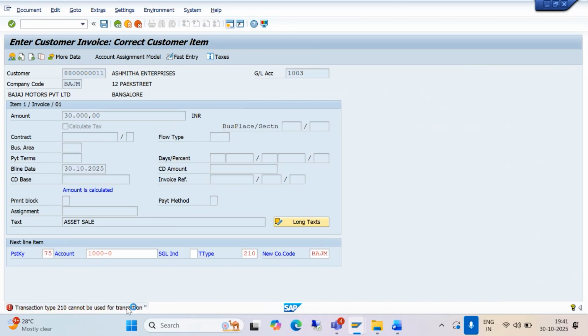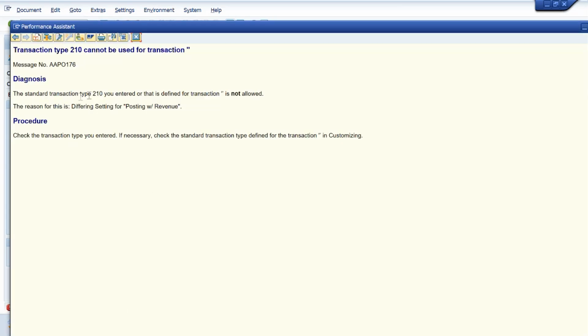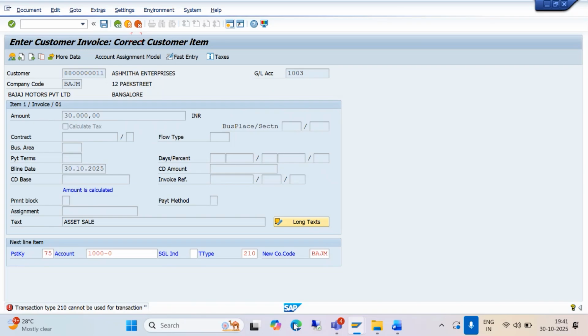Okay, one minute, just going to check it. The standard transaction 210 you entered or that is defined for the transaction is not allowed. The reason for this is different settings for posting the revenue. Check the transaction type you entered. If necessary, check the standard transaction type defined in the transaction customizing. So